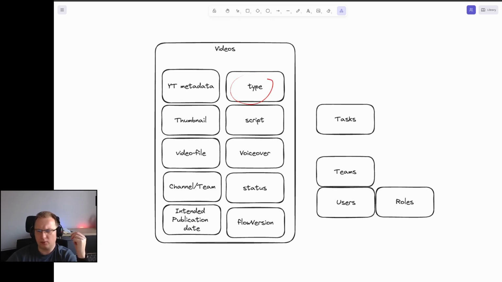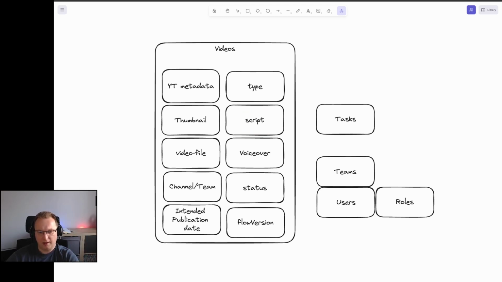Maybe type to know whether it's a short or horizontal, long form or short form, because mostly shorts are vertical. Yeah, we will need thumbnail, the actual video file, perhaps on the way in the process, voiceover or script as